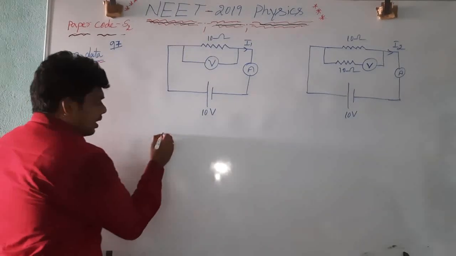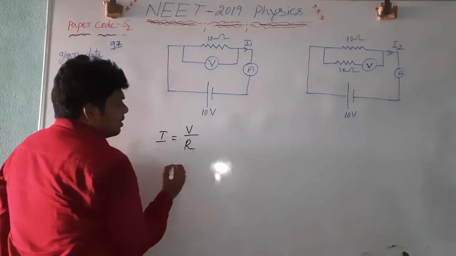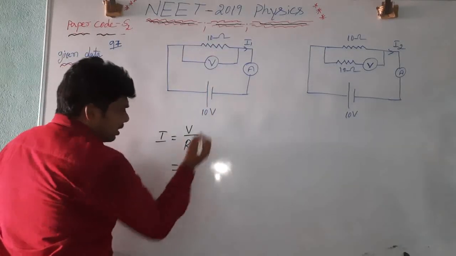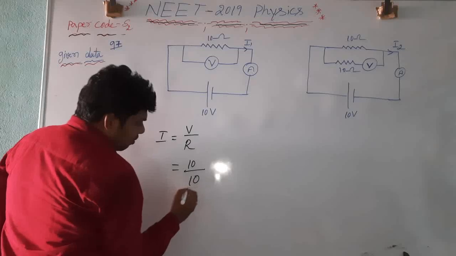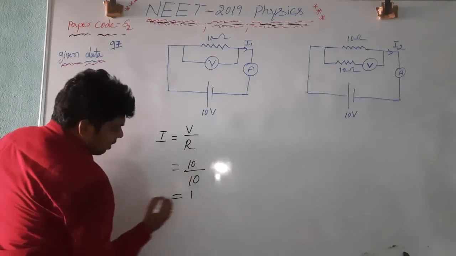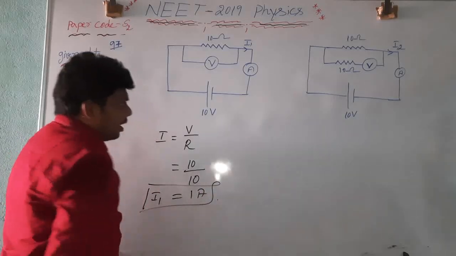I1 is equal to what? I is equal to the general formula, I is equal to V by R. What is the potential difference across this one? That is nothing but 10 volts. Resistance is what? 10 ohm. That is the answer, that is 1. I1 is equal to 1 ampere. Next here